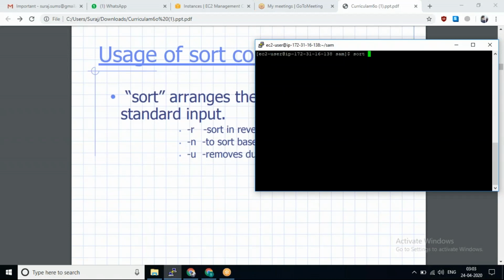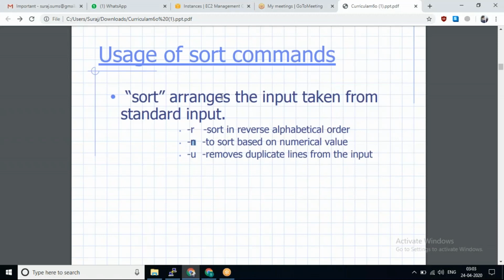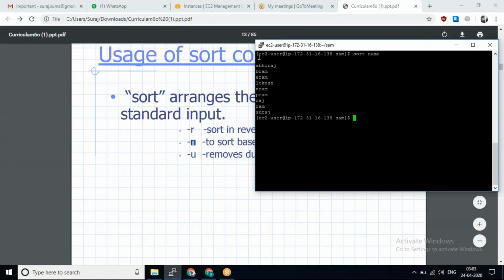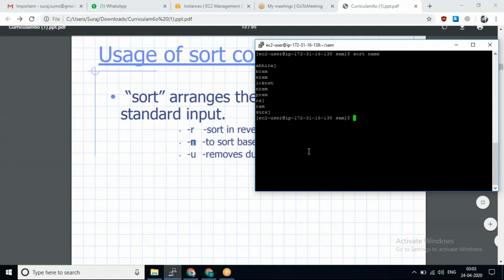Simply, this command is for sorting. Like we can see, it arranges the input taken from the standard input, and we are simply sorting the result, whatever result we have. So what we will do: sort is a command name, and after that the file name, and our file name is name. So you will find out what the order of this is, and when I press cat